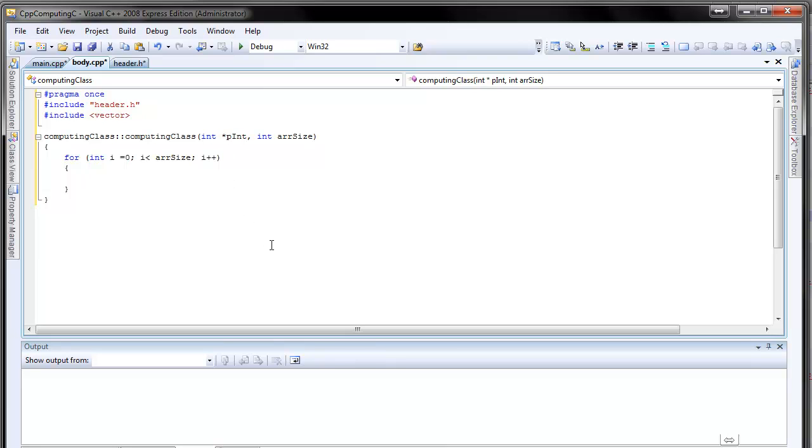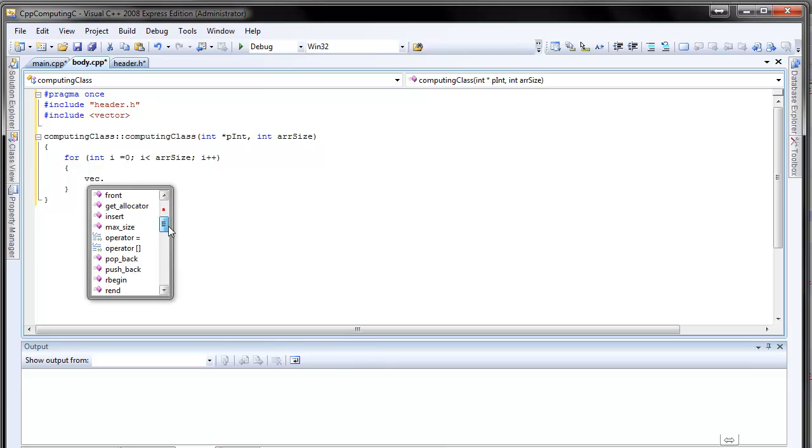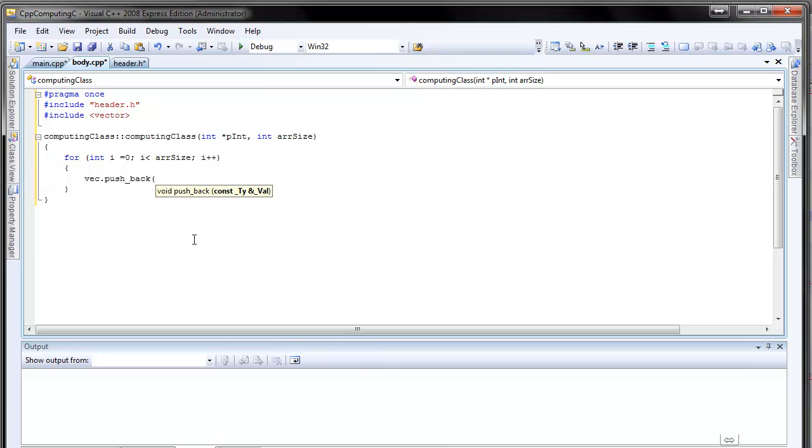Okay, so it will be to the vector push back pointer to the integer